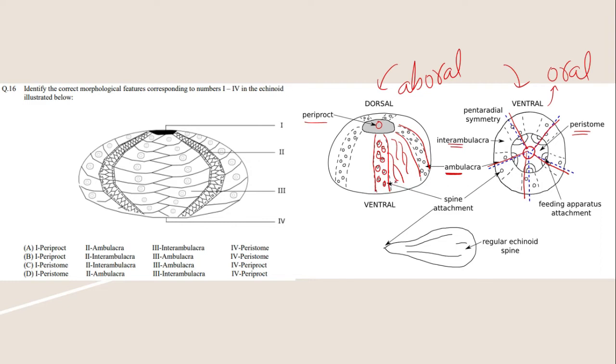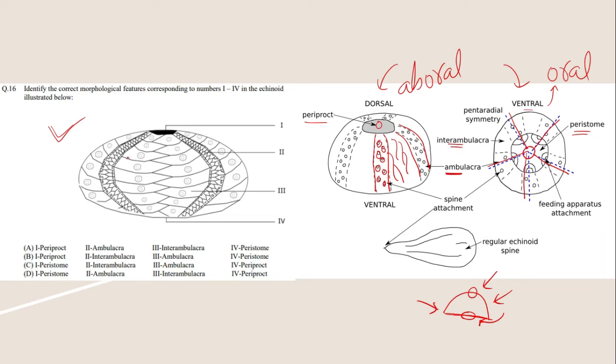Now, based on this we will try to find out the answer to this question. Another important point is that every echinoid is generally found in such a manner that its oral side, this ventral side, is facing downwards, with its mouth downwards and the anus at the top. This is how an echinoid exists in general if it is not toppled, because it feeds from its mouth on the surface, hence it is placed like this.